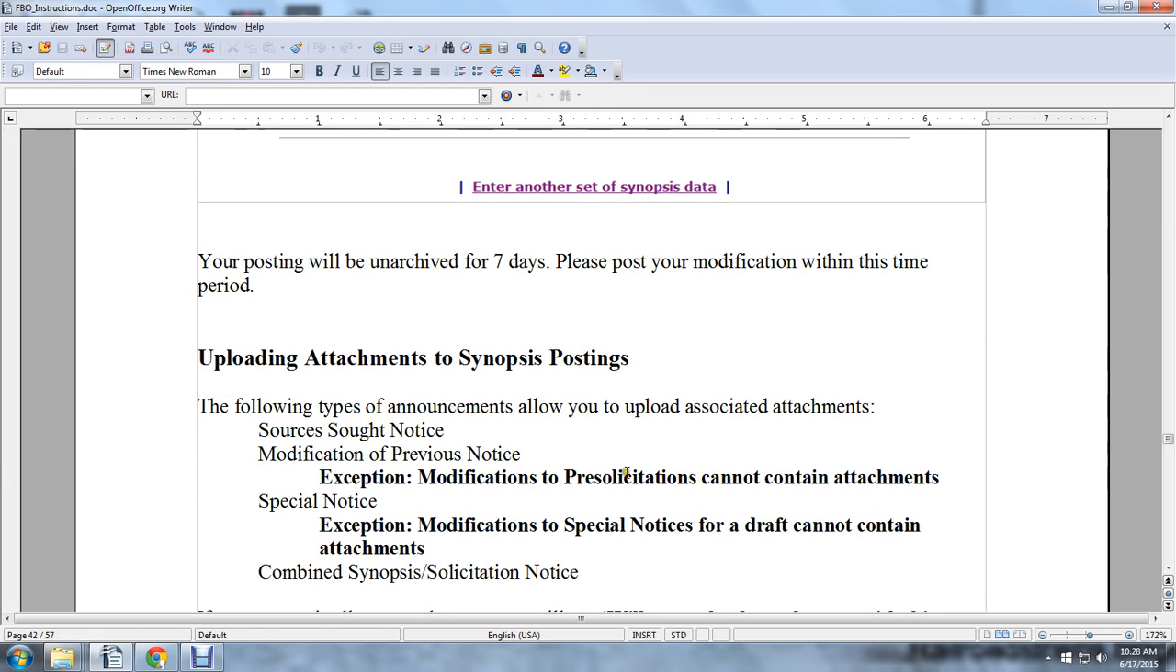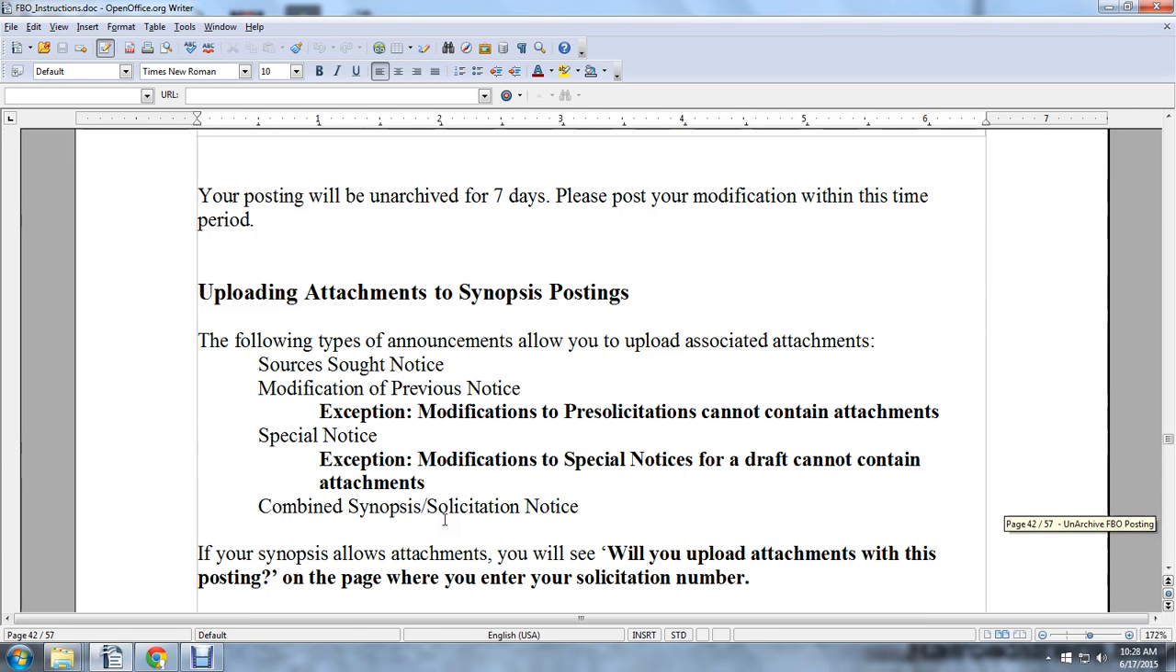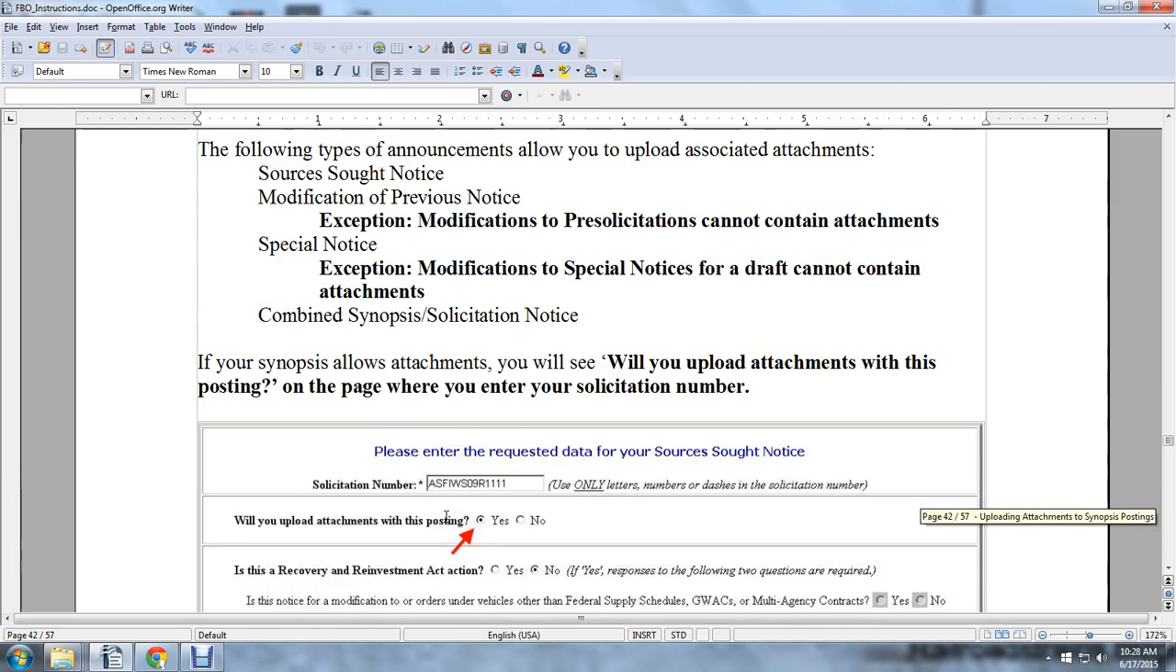Exception to modification: a pre-solicitation cannot contain attachments. Special notice exemptions, modification, and special notice draft cannot contain attachments. Combined synopsis notice: for a synopsis, attachments are allowed, and we will see upload attachments with the posting on the page of